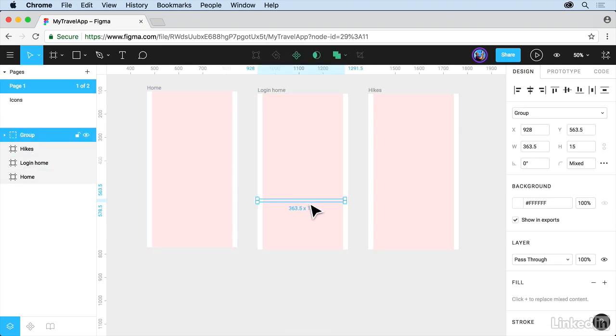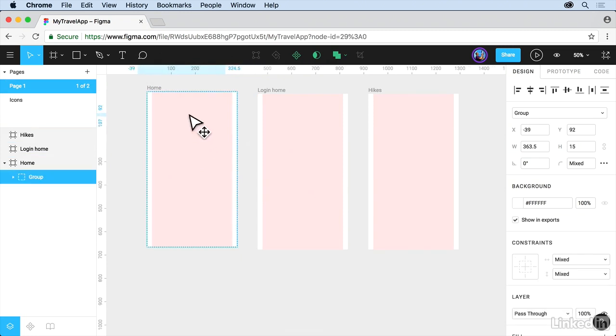And you're going to see it's going to associate it with nothing here. But I'm going to drag it right up here to the top of the home one. And let's put it right up there at the top. Now, I know it's white. We're going to create some content later on. We'll talk about that, but let's leave it there for right now. Go ahead and click to deselect.